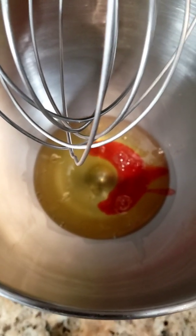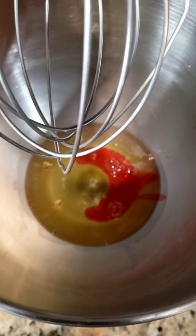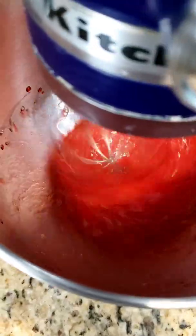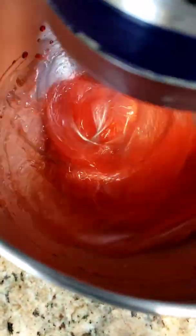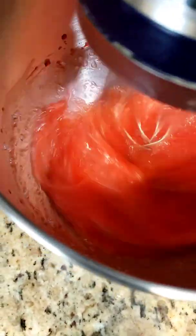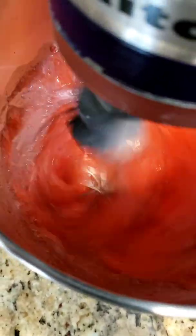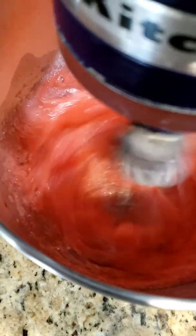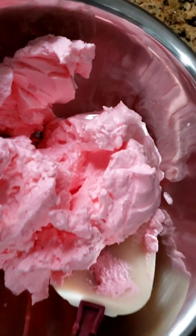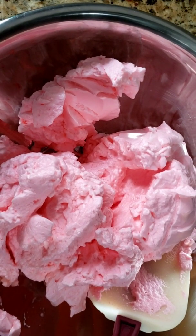So the first step is, because I only have one KitchenAid, I'm going to mix together the egg whites and the food coloring to stiff peaks. You want to use about a tablespoon of food coloring. If you want to get a little bit redder, add more food coloring. We're good. That is stiff peaks. You see it's not falling. All right, now go ahead and scoop those egg whites out, put them into a bowl,